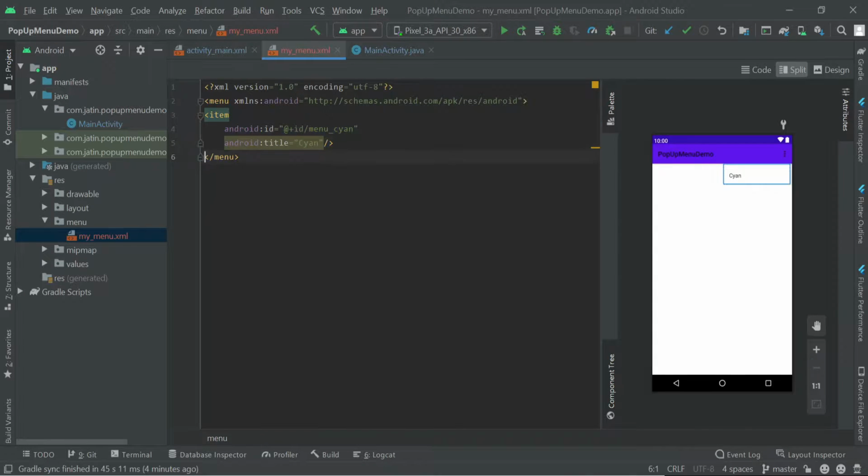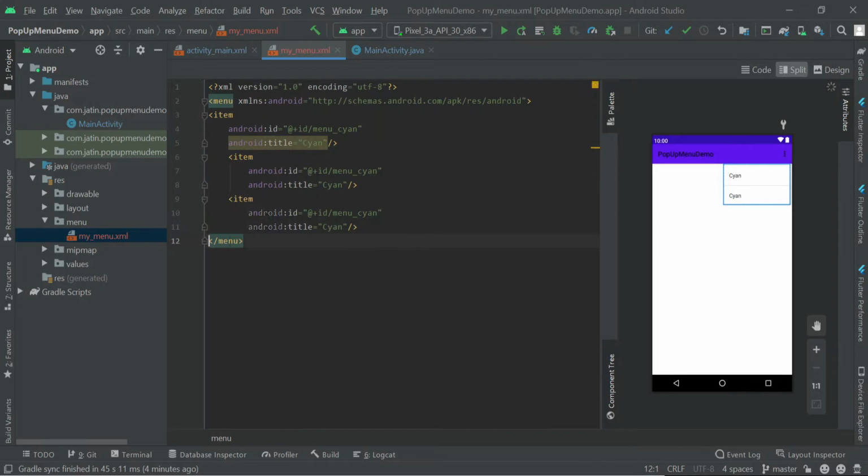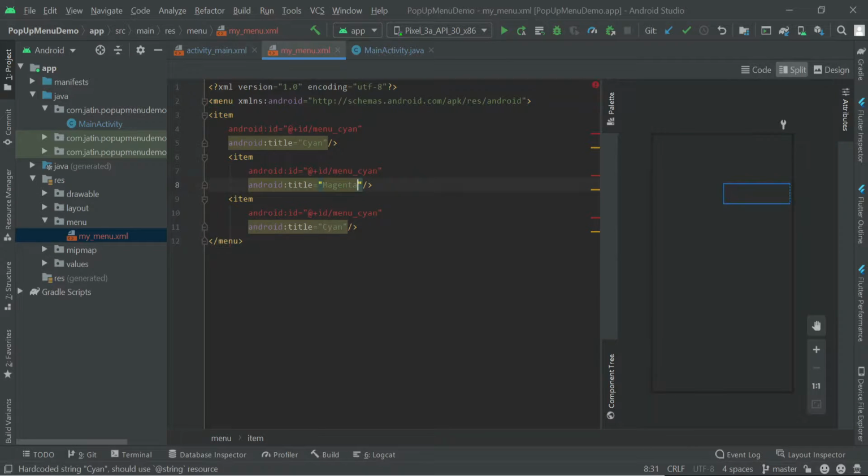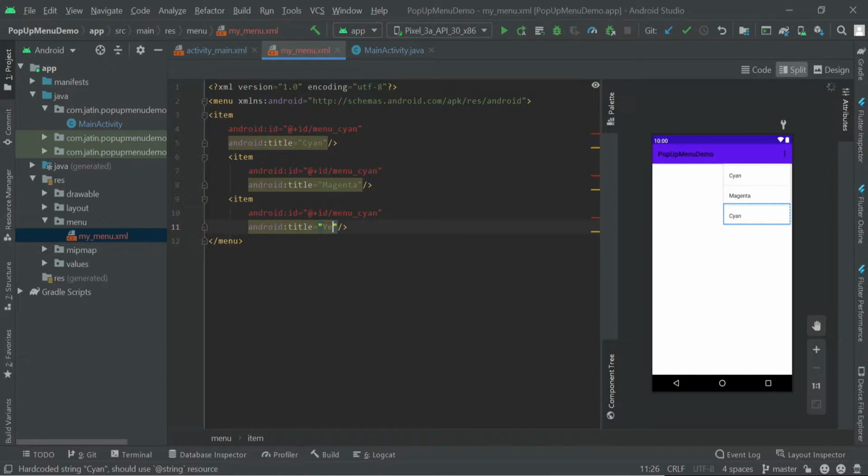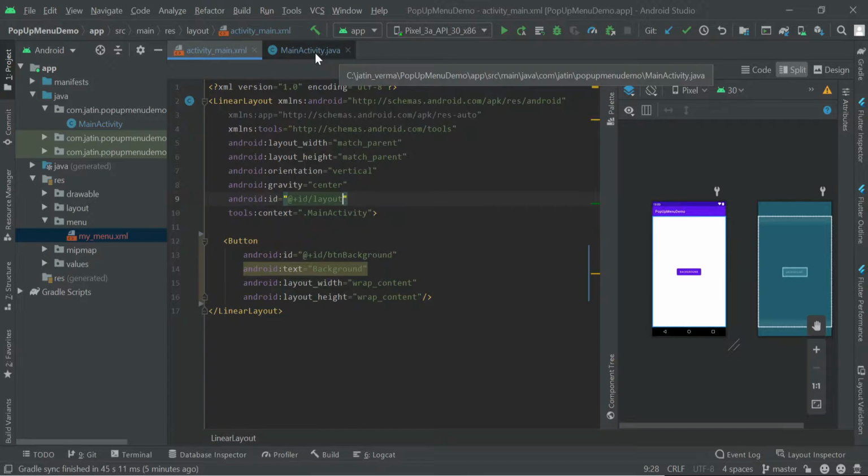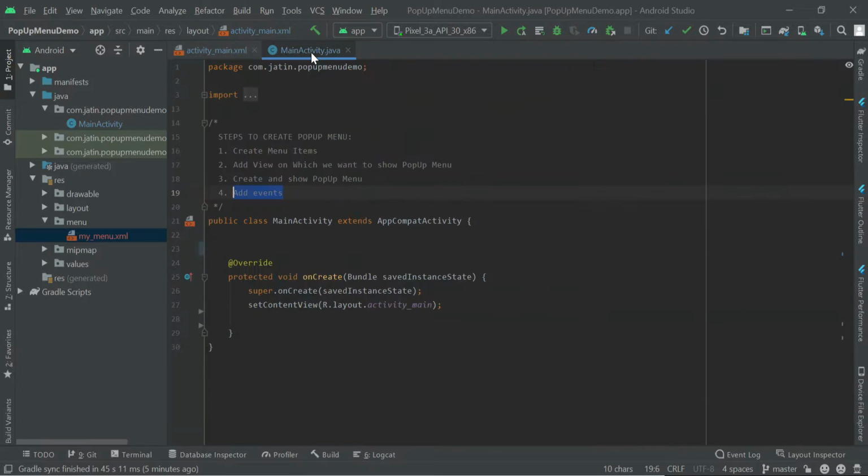Same way I will add other items as well. I will use three items: cyan, magenta, and the third one is yellow. So quickly change the IDs as well: yellow, this one is for magenta, and that's all. So menu items are created. Let's move to the code.